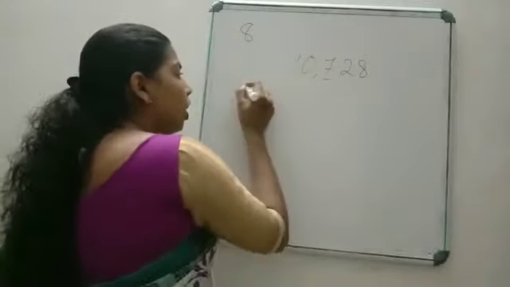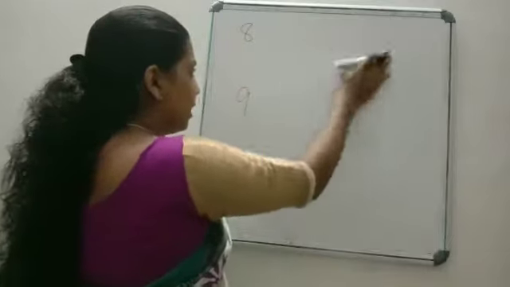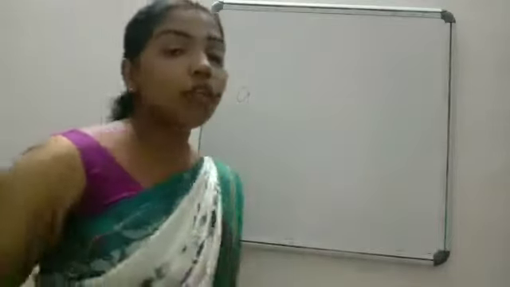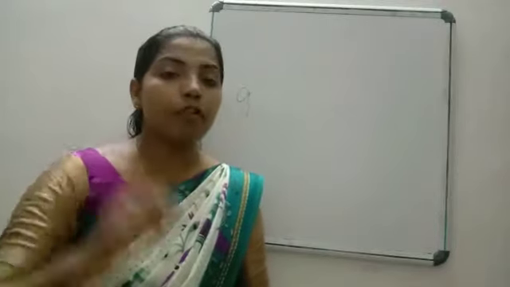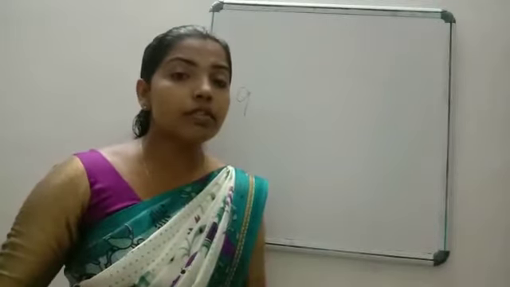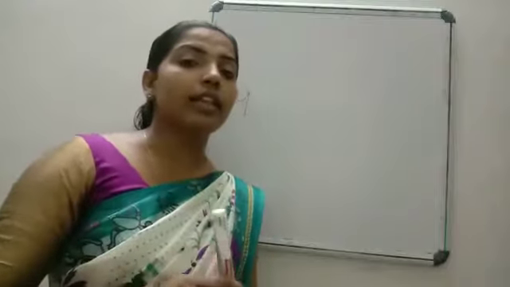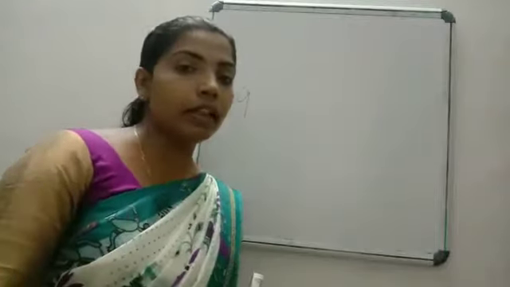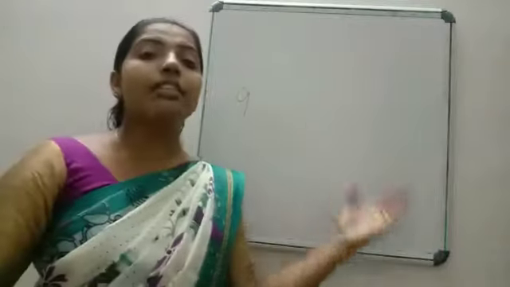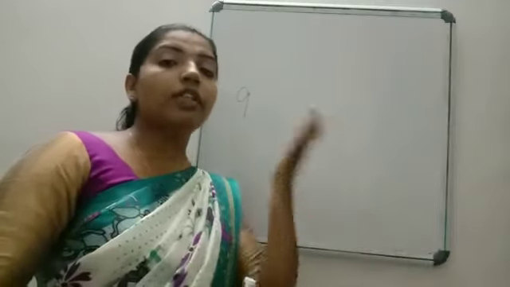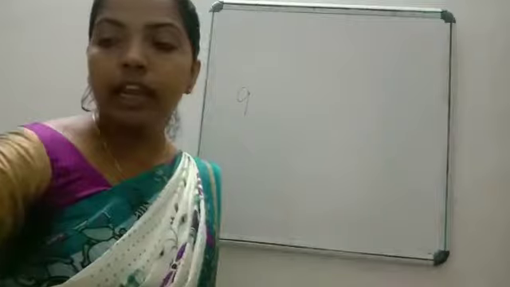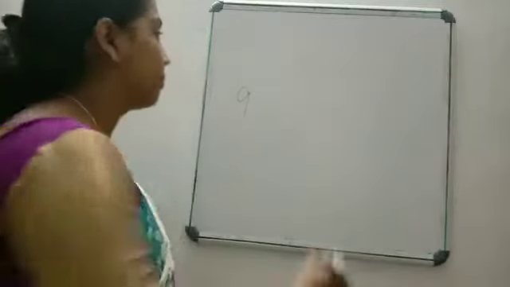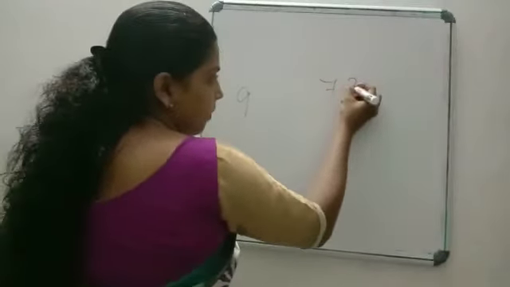Okay, now how can we check the divisibility by 9? How do we check the divisibility by 3? Just take the sum of all the digits, and if the sum is divisible by 3, then we can say that the given number is also divisible by 3. In the same way, take the sum of all the digits, and if the sum is divisible by 9, then the given number will also be divisible by 9. For example,